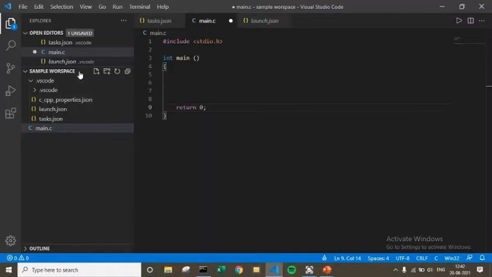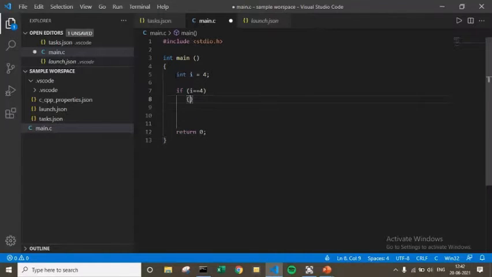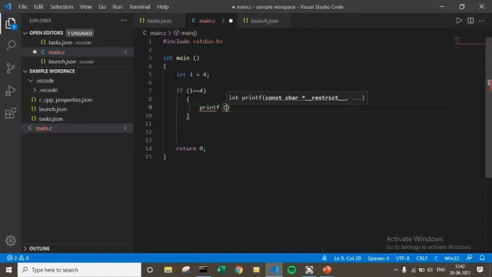First let's create a variable called I and initialize it to 4. So if I equals equals 4, then you have to print out, right? printf, if statement is successful, right? So let's execute this one.